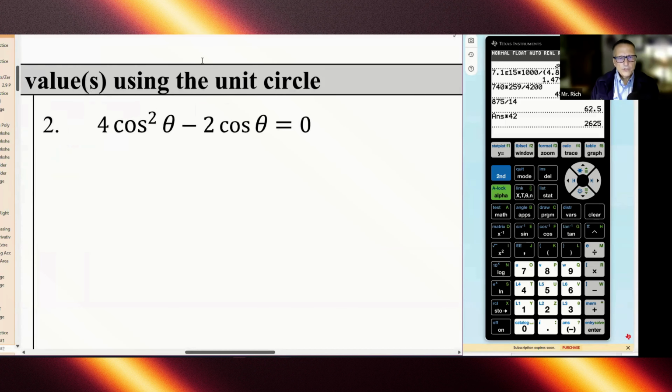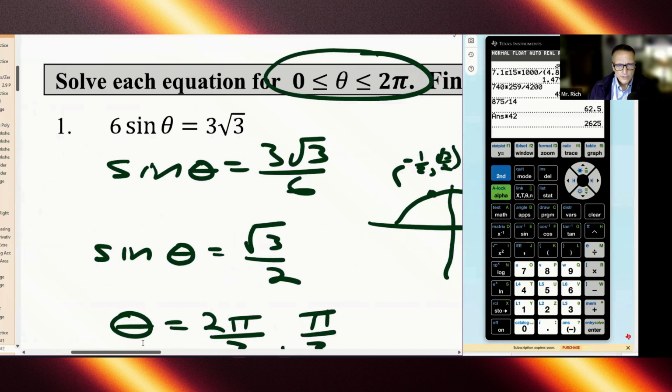Well, this is 4 cosine squared theta minus 2 cosine theta. So we have to rely on our knowledge of how we generally solve equations that are not linear, right? You could think of the equation we just solved much like a linear equation. For example, I know sine theta is not a linear function, but if it wasn't sine theta, but it was x,